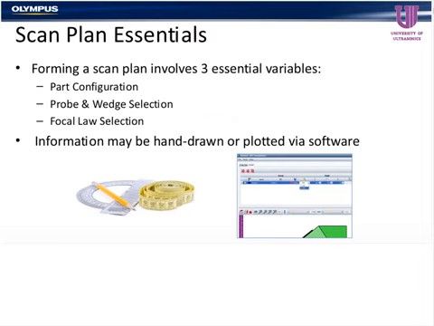When you build a scan plan, you primarily have three different sections or three main variables involved. You have anything that will change with the part. By the part, we mean the thickness of the part, the material type, the joint detail. So we have to include changes there. We have the selection of the probe and the wedge. So based on that part, the material, the joint design, we are then going to select the proper transducer and